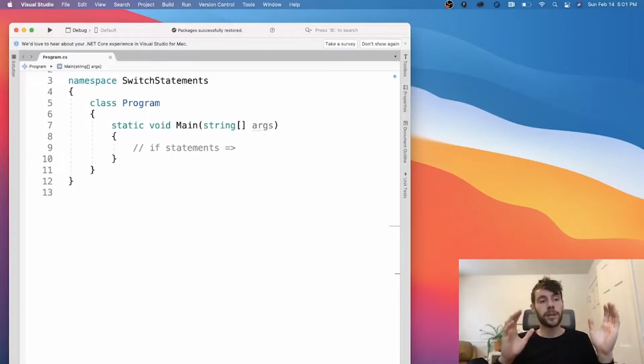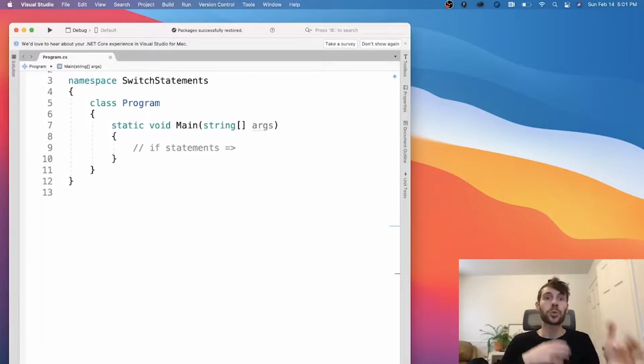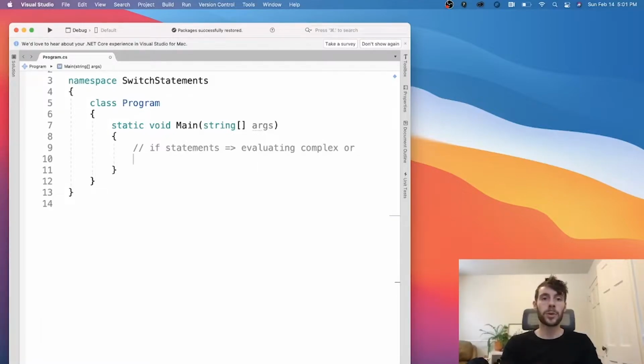So that if statement just needs a true or false value. But it's really good for evaluating complex or simple Boolean expressions,